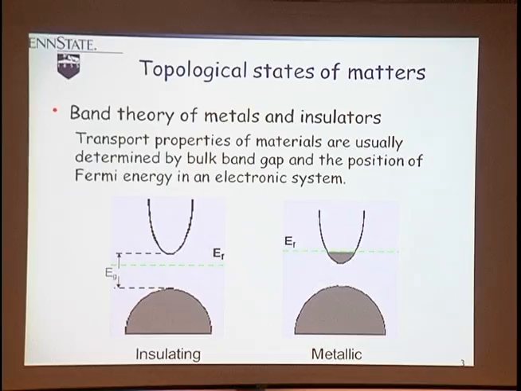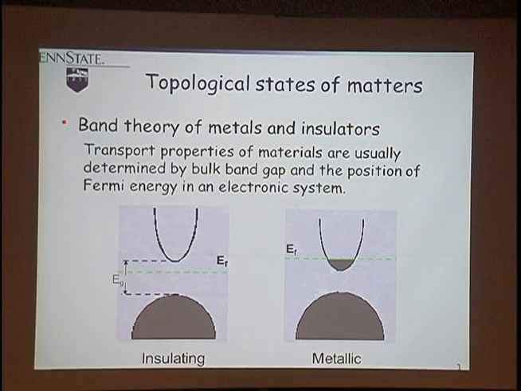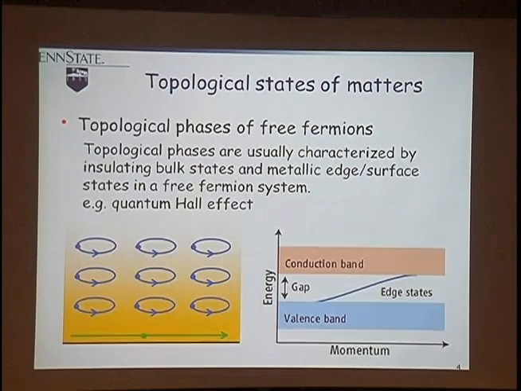There's a lot of talk in this workshop about interacting systems. Here, mainly I focus on free fermion systems. And we know that usually from band theory, we can classify states into metals and insulators, determined by whether the Fermi energy is in the band gap or crosses some bands. And so the topological state of matter, here mainly we focus on